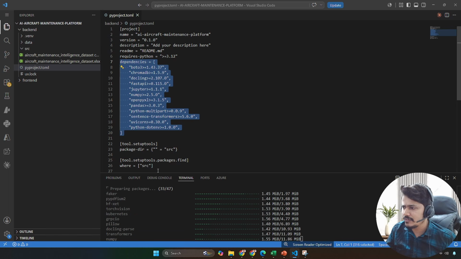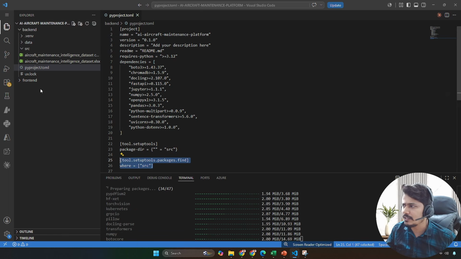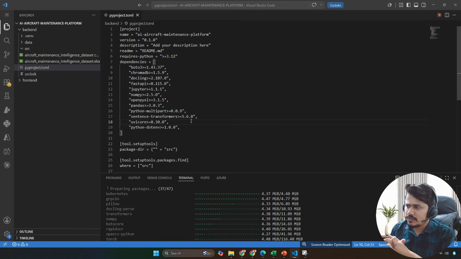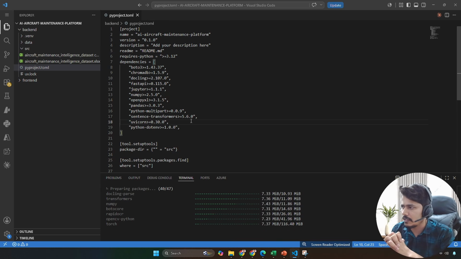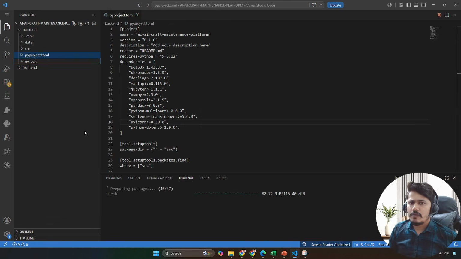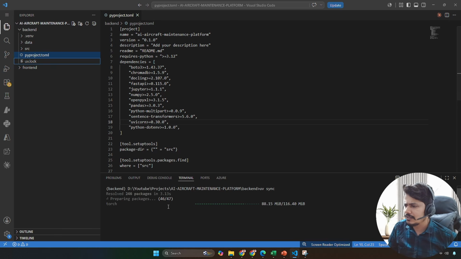And that's how, if you see, all the packages are under the source folder. It is defining those. It is pretty simple; you don't need to do the manual setup. So if the pyproject.toml file is available, feel free to leverage it in order to set up this project locally. Now this is only the backend setup that we are currently doing. So let's wait for the installation. Okay, meanwhile the packages are getting installed,